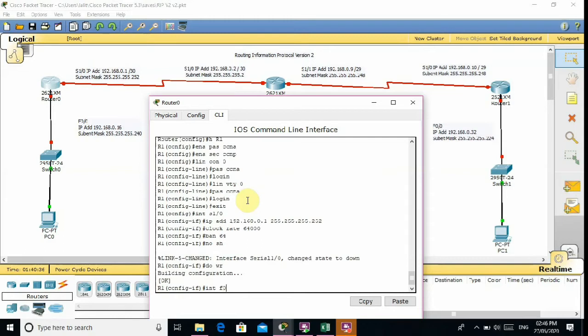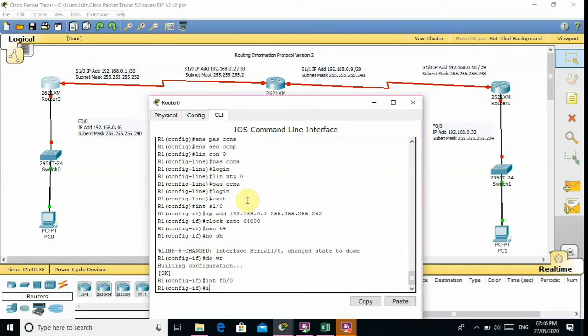And after that I am configuring interface FastEthernet 0/0. IP address is 192.168.0.70 and subnet mask is 255.255.255.240.